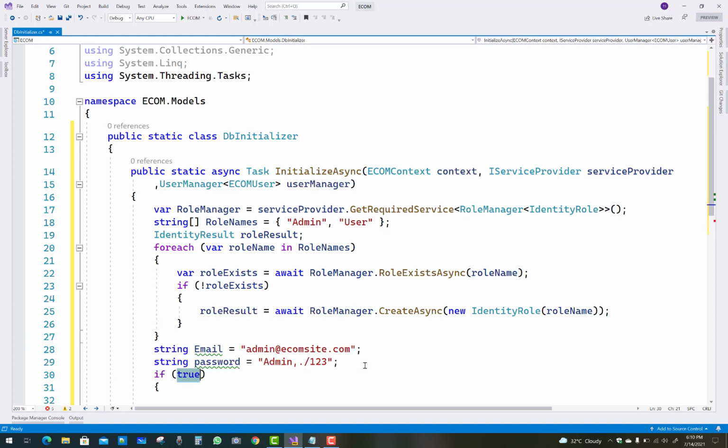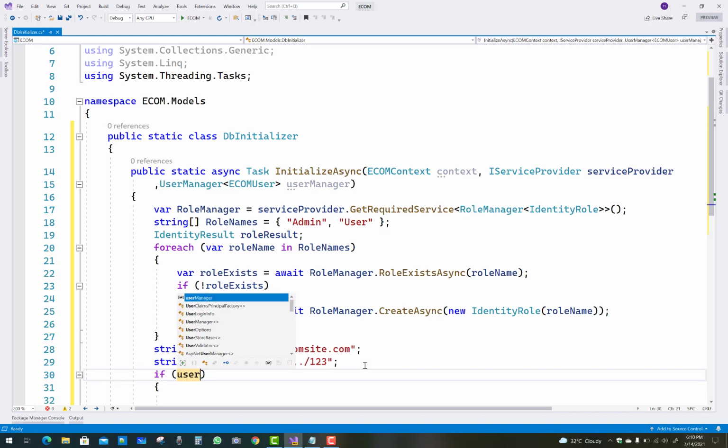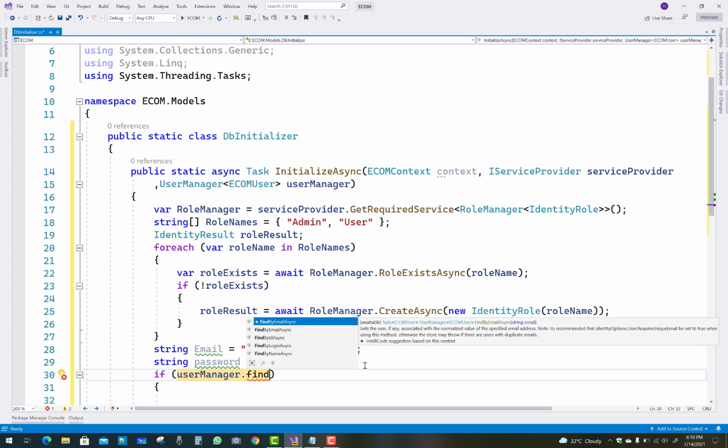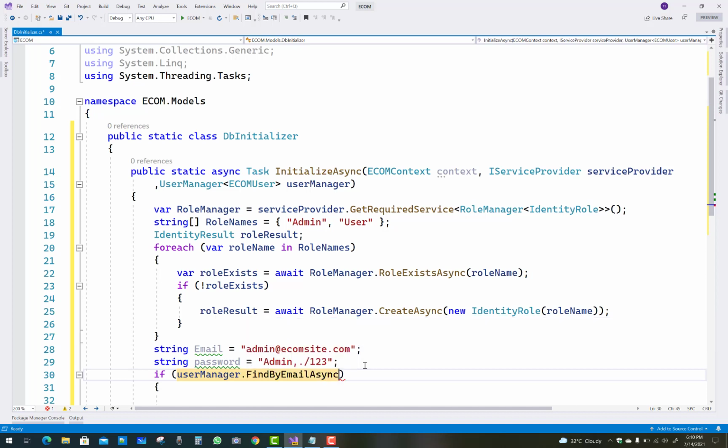With the email and password ready, first check whether the email already exists. By using the UserManager class you can check the email with FindByEmailAsync.